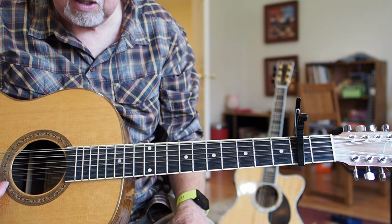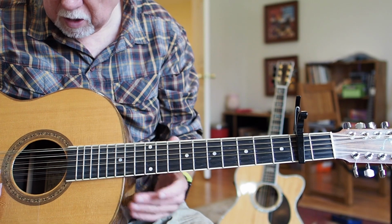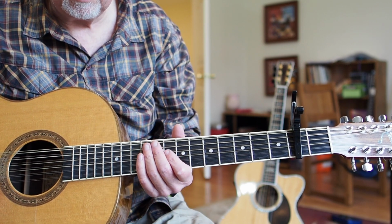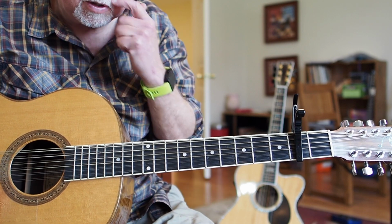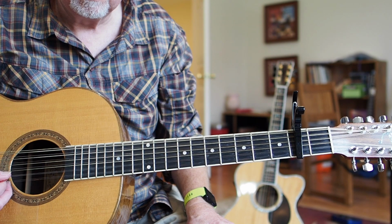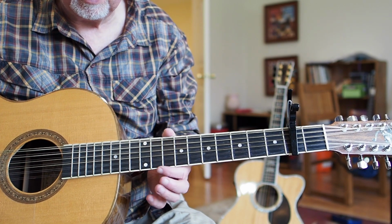Now, I don't have the high G on this guitar because I took it off to put it on my Nashville Tuning guitar. So I just have those in unison. But on a 12 string, the top 2 strings are in unison. The B and the E string are in unison. So we're going to take one of those strings and put those in the usual position. So our upper 2 strings are going to be just like on a standard guitar. All right, so we're just taking the high octaves of each string